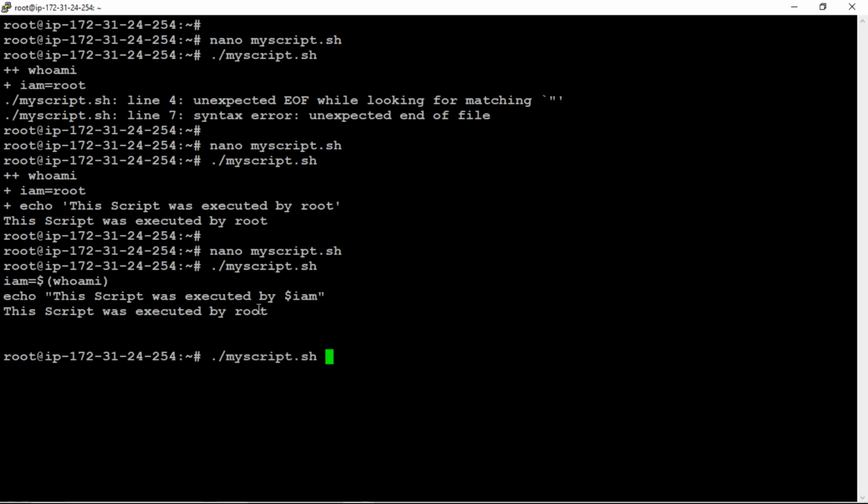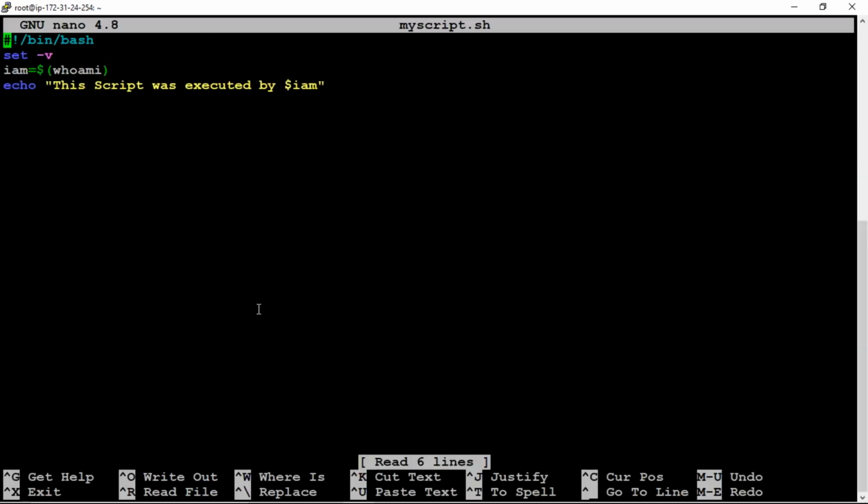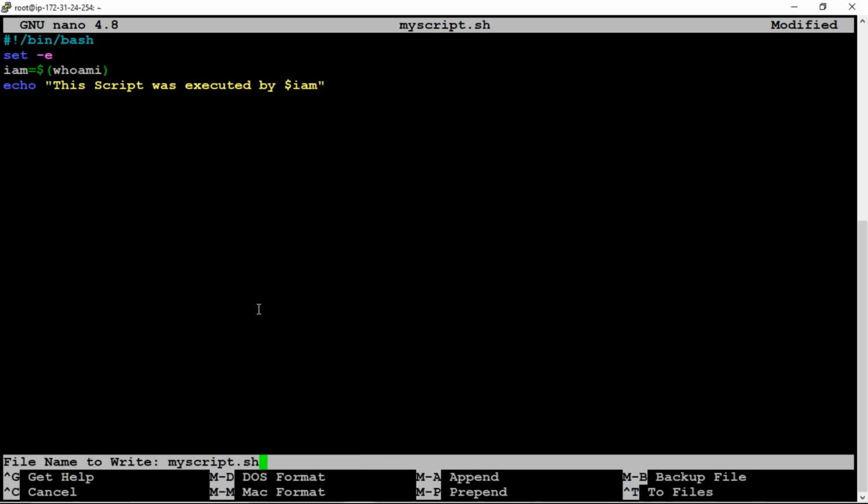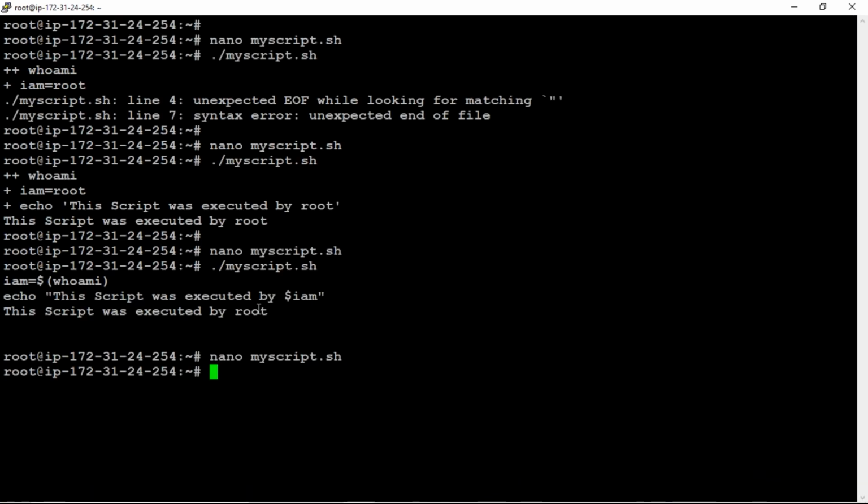Just use the command. Here change from v to e. Save the file and exit, and try to execute the file.